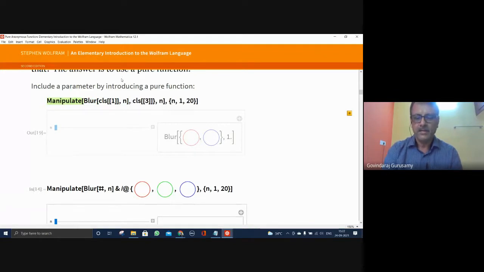Comma. I have to do the same thing again because I have to do it on the other picture also. Okay, that will be put as part of the list. Okay, move this, and I make this 3 and this 1. That doesn't matter, but n is common for both.